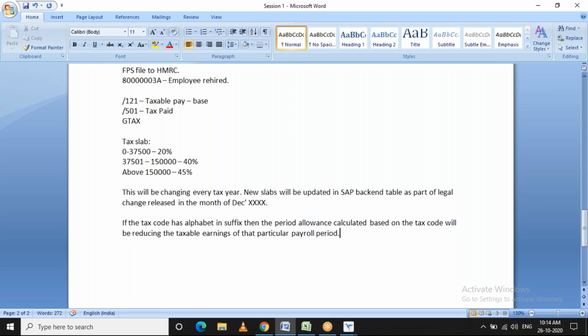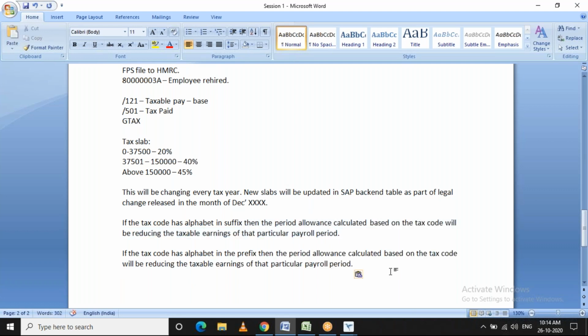Clear? Likewise, if the tax code has an alphabet in the prefix, the allowance is added instead. Clear?